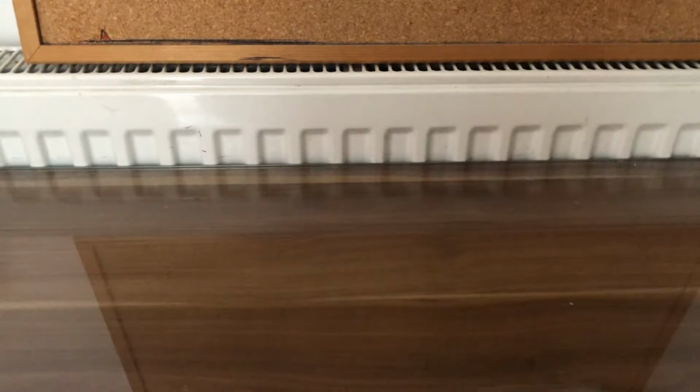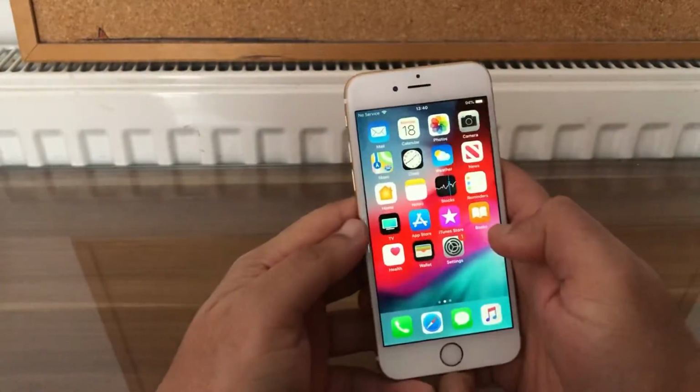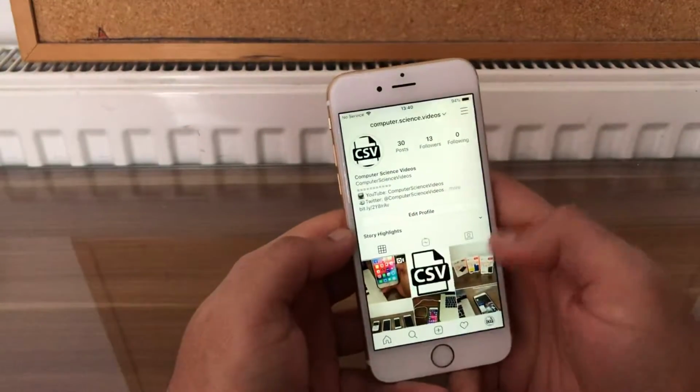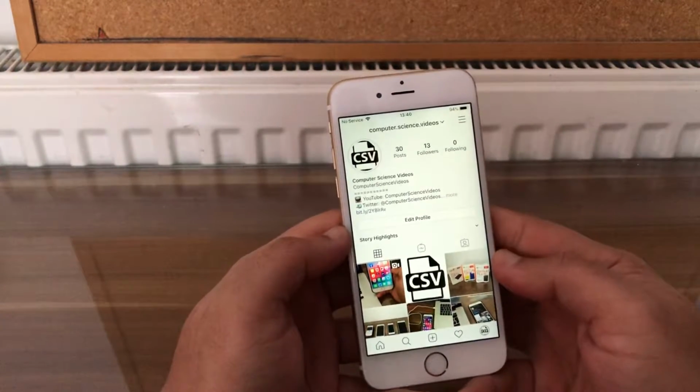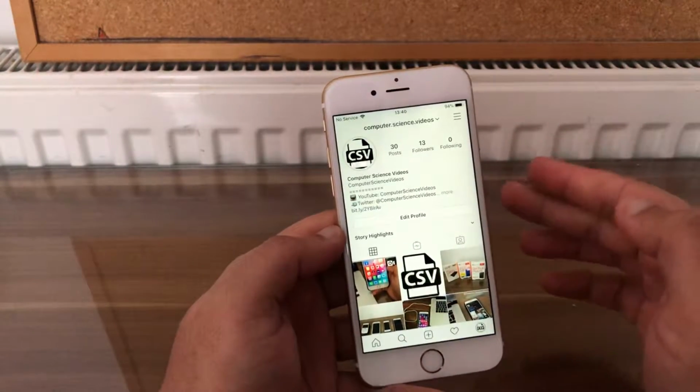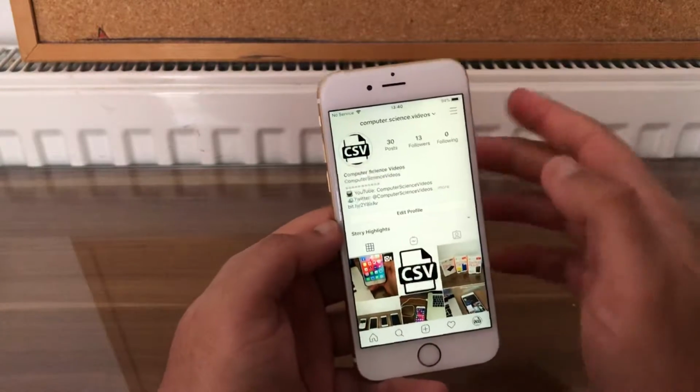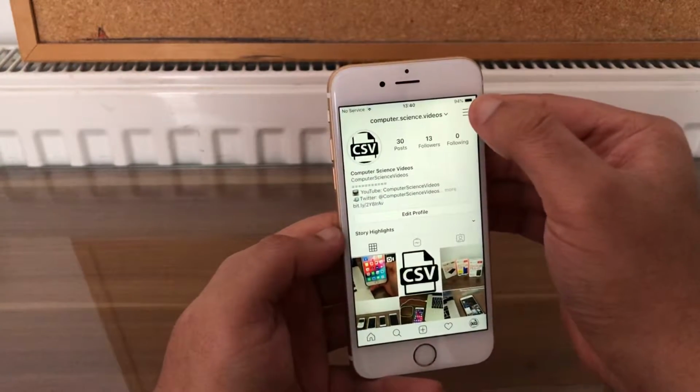So in this tutorial, you need to have access to an iPhone and an Instagram application, so we can now bring the iPhone into the frame. Go to Instagram, click on the app itself, make sure you're signed into the account, go to your profile, and then to access a previous story, click on the three lines on the right hand side of your page,